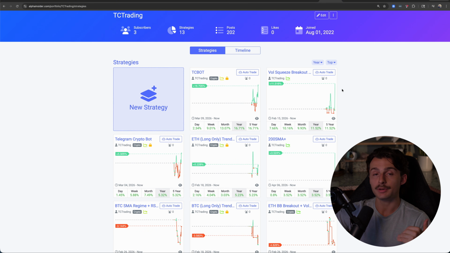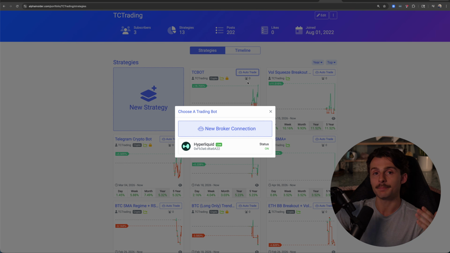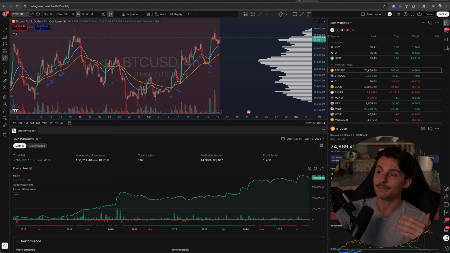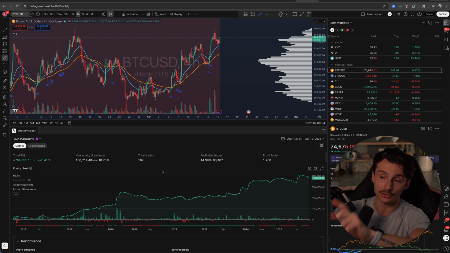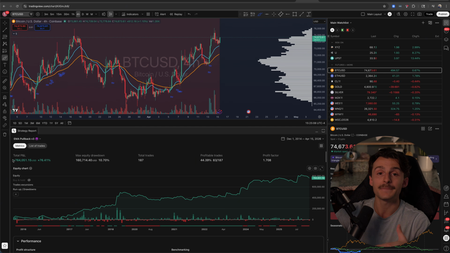What I'm then able to do is create customized trading bots where I can automate and auto trade these different trading strategies. And so I'm not going to miss trades. I'm not going to miss when these trades fire. I'm going to get nearly the exact same entry, nearly the exact same exit, and I'm not going to have to worry about going and checking my phone or being at my computer all the time to make sure I capture the trades just to have a shot at a profitable strategy, because the backtest might be solid and it might work in the future.